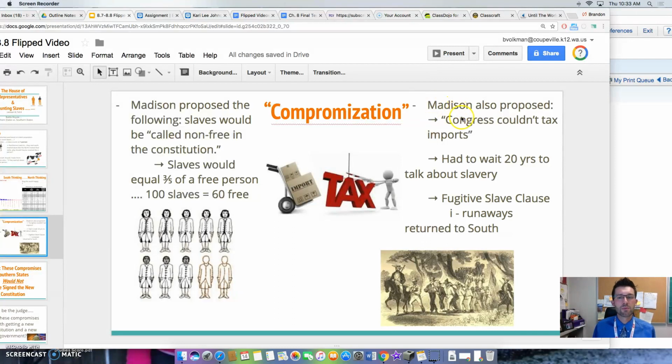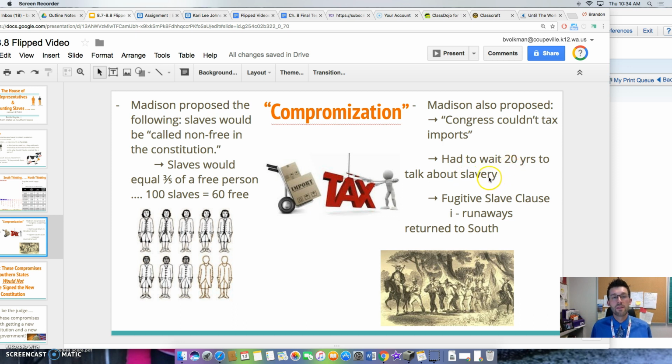First off, Madison proposed that Congress would not be able to tax any imports. Besides food and other things that are imported to help industries, what else is imported into our country back then? Oh, I know, slaves. So slavery could not be taxed. Interesting. Also, the federal government could not interfere with the slave trade until 20 years had passed from the signing